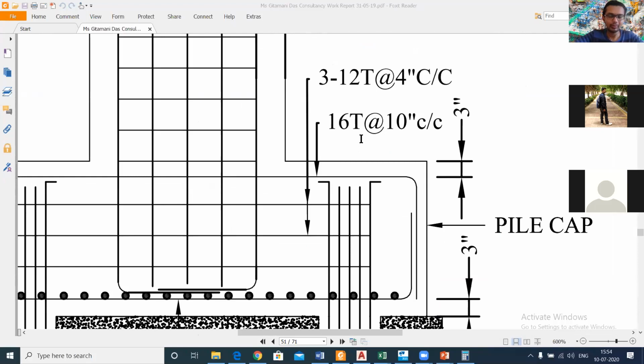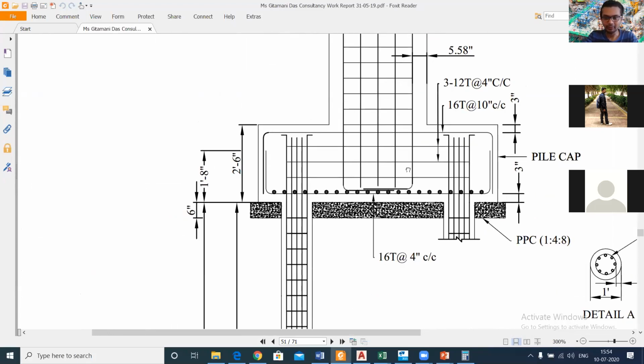So in this, the calculations will be different. If we want to calculate the quantity of reinforcement in this particular footing, we need to calculate for both the top and the bottom, because it's given in the structural drawing. So you don't need to worry. All the details will be given in your structural drawing. To calculate this particular reinforcement, we need to take into account this length, and we'll add this particular length as well. The concept is the same. We just need to use that concept to calculate. And this one is 3 numbers of 12 mm bars at the rate 4 inch center to center. This one also will be calculated using the same concept.